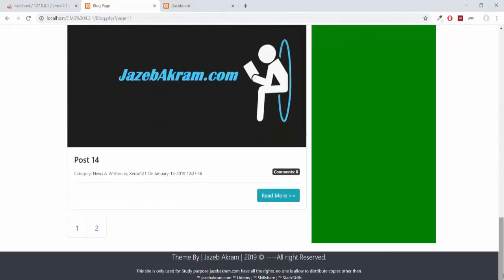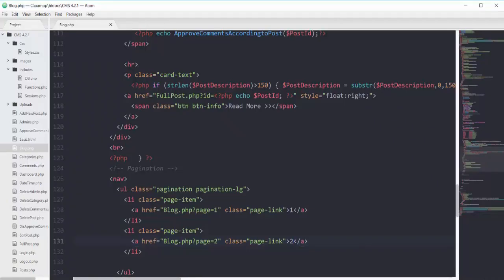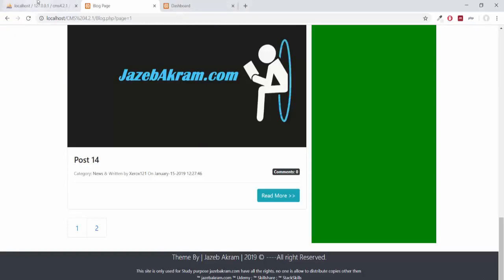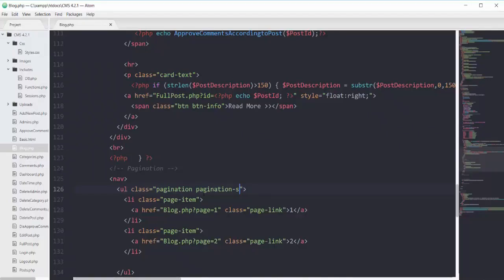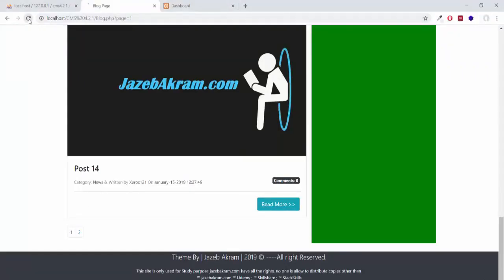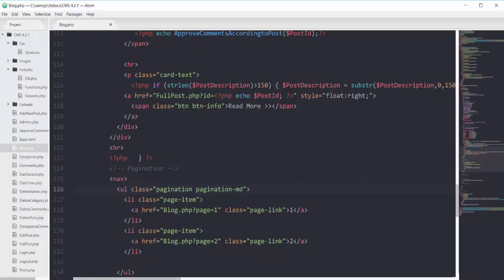You can also increase or decrease the size of these. For example, you can apply the class of sm for a smaller one on your unordered list. If I refresh my page, you can see the smaller button. You can also have md for a bigger button like this, but I will go with the lg.